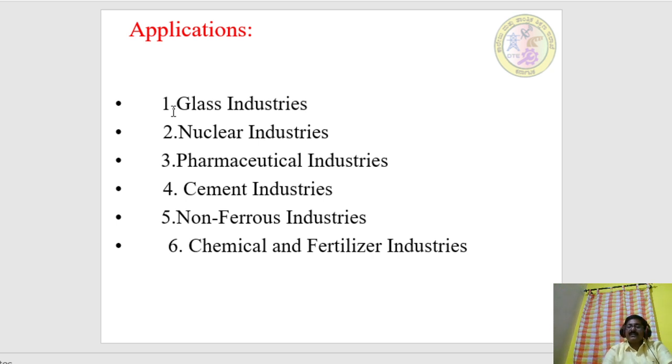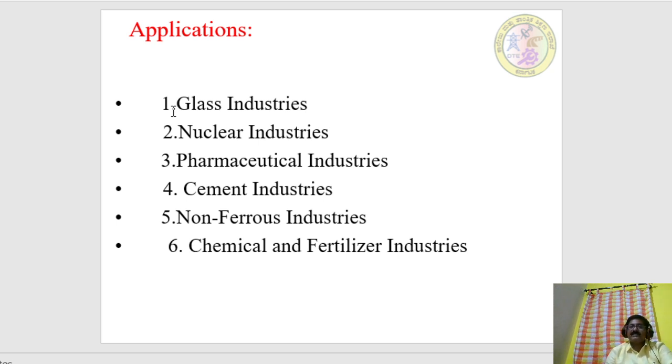Glass industries, if they want to cut the glass to the suitable size of the ranges, it's very difficult to cut by using some cutting devices or instruments. With infrared rays, we can focus on to the cutting mark which we require, and it can show a particular line to separate two pieces. Nuclear industries are also using it in the nuclear reactors.